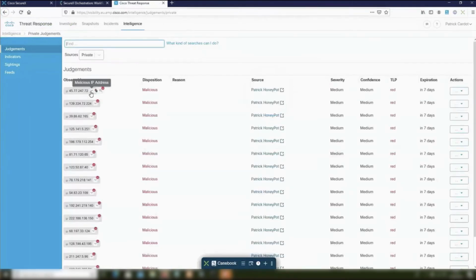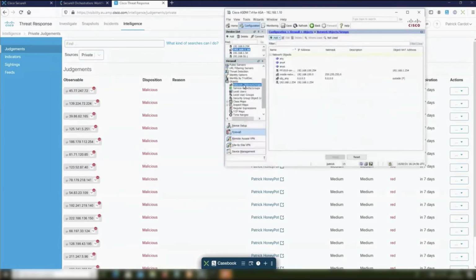In the judgment private intelligence, we can now see that all the malicious IP addresses have been added. And what we can understand, thanks to the red skull we see on the right of every IP address, is that all these red skull flagged IP addresses are known by Cisco Talos as malicious. This red skull is displayed thanks to the information that Cisco Talos has about these IP addresses. The next step will be to deploy all this into the firewall.